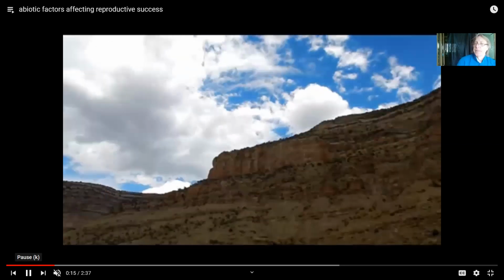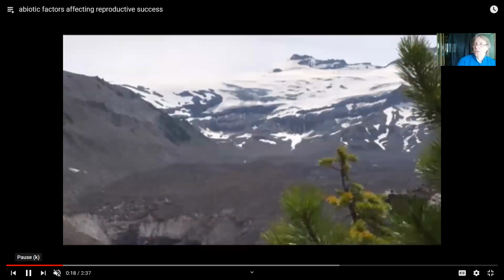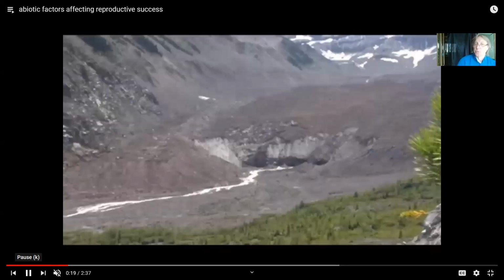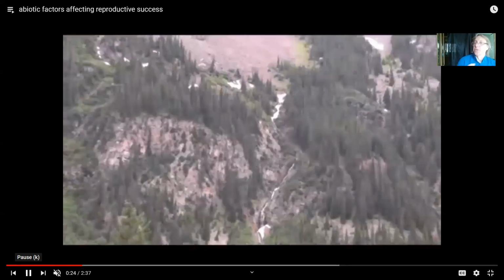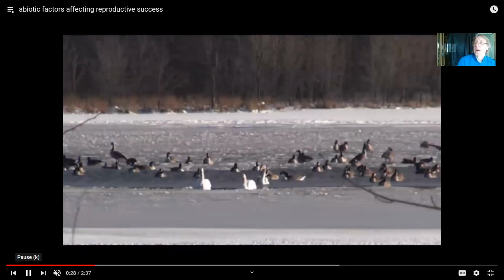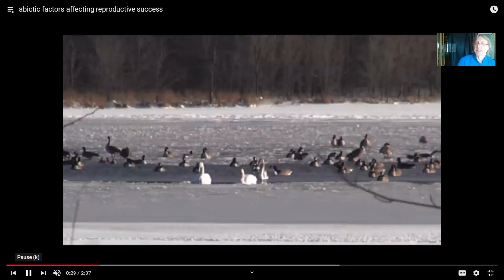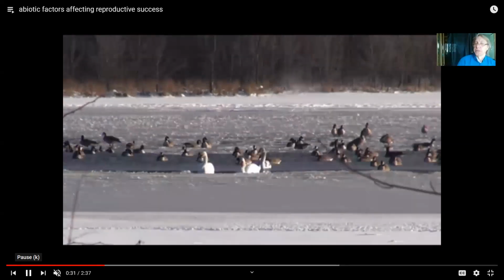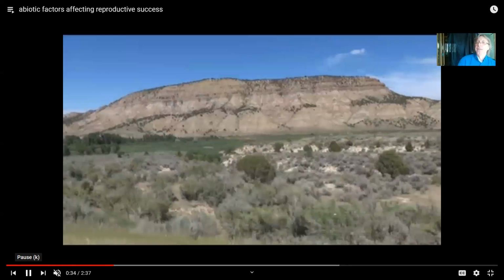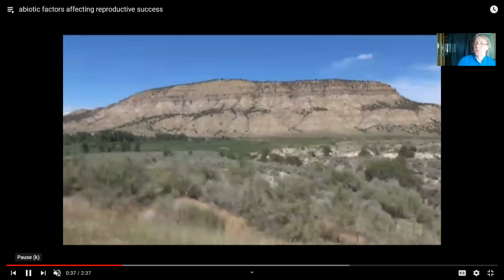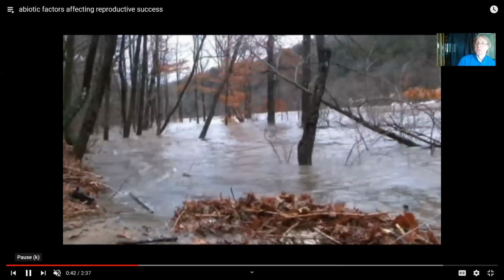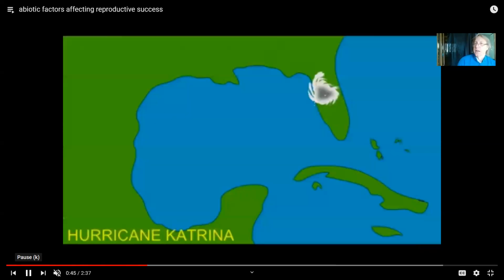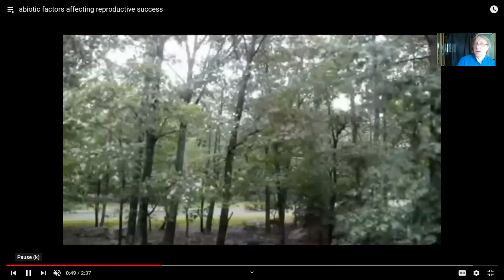Some of the things that might cause some flies in a population to be more successful don't involve other living things. So it could be the amount of water. Some areas are very arid. It could be temperature. So you notice, there was a glacier in one of the backgrounds. The amount of rainfall over a year, the incidence of severe storms. So for example, with trees, flooding might affect a species that would otherwise occur in an area, or strong winds